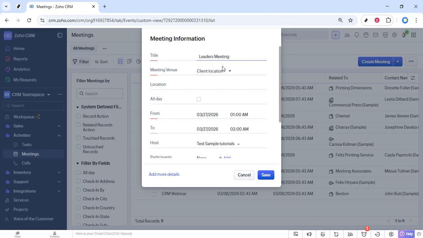You'll also typically see fields for duration, location, or meeting link. If the meeting is in person, you can add a physical location such as a conference room or office. If it's virtual, paste in the video call URL from your preferred meeting platform. It's helpful to use the description or notes area to briefly outline the agenda, goals, or anything participants should prepare